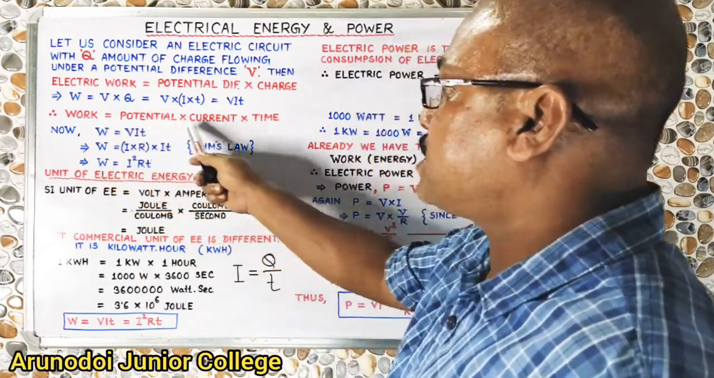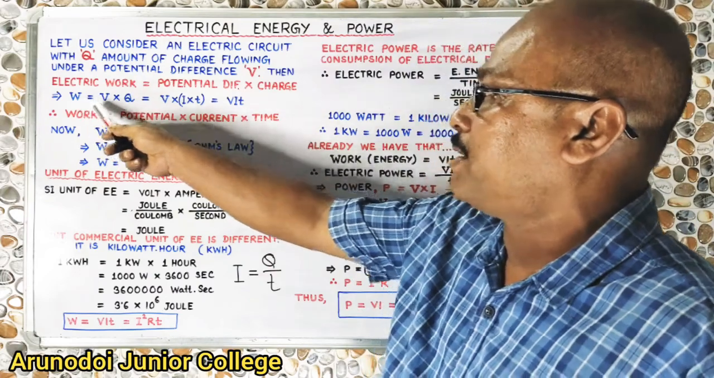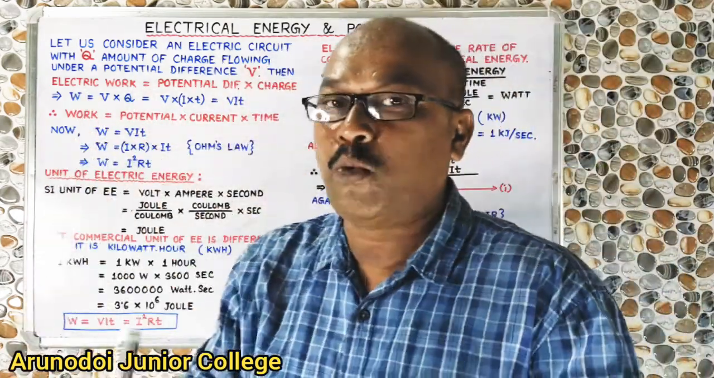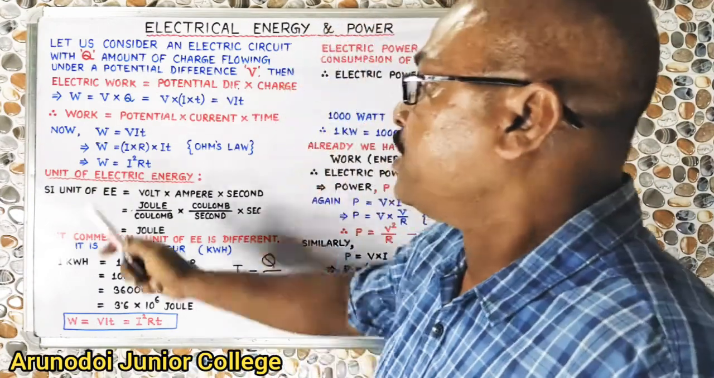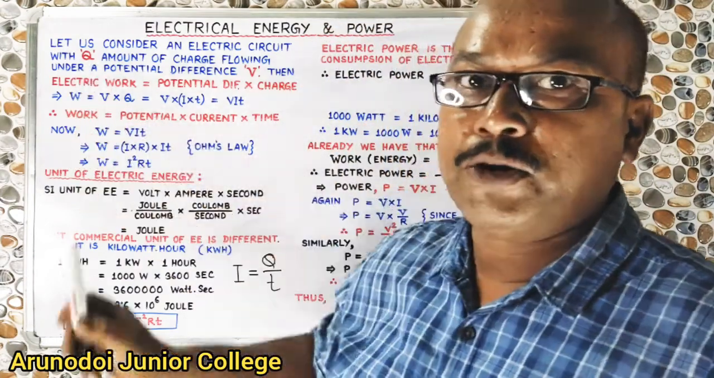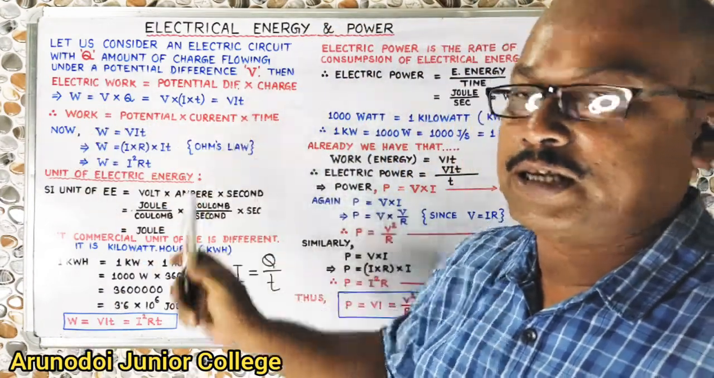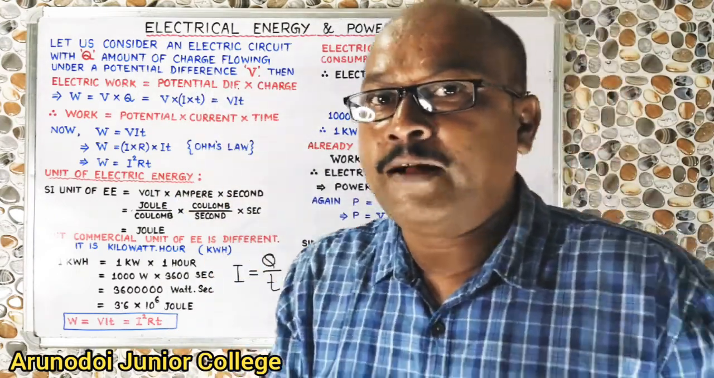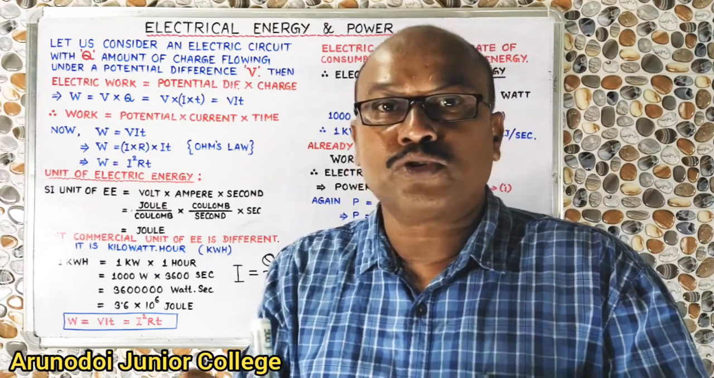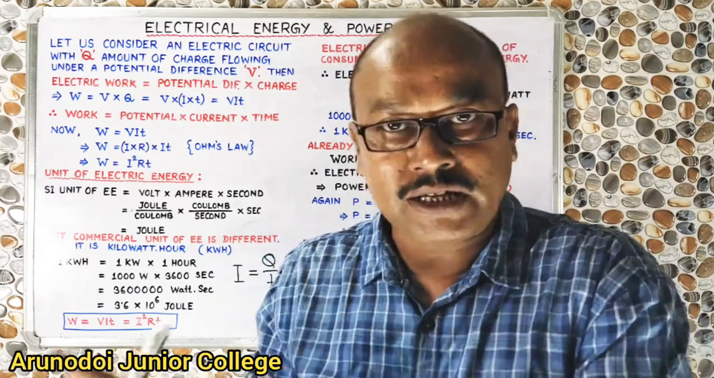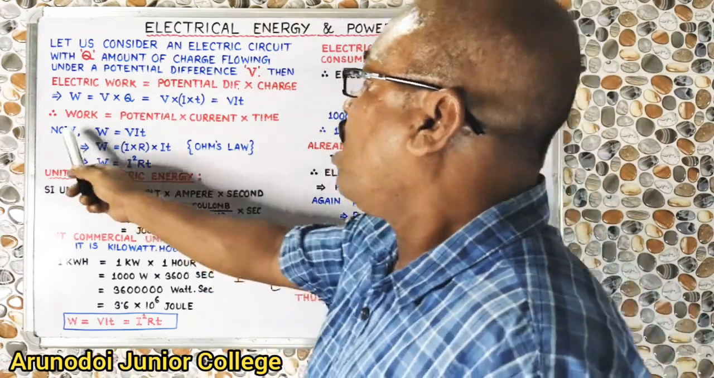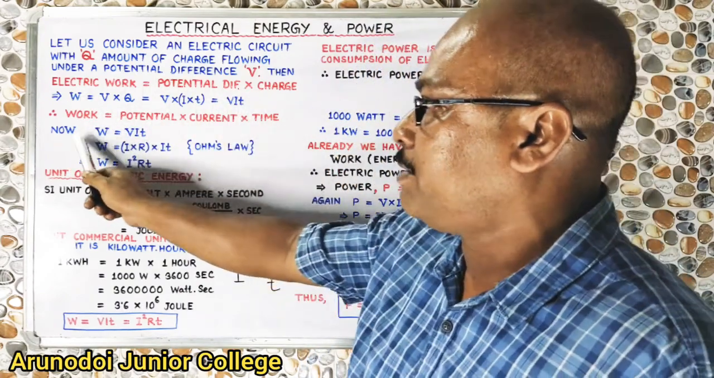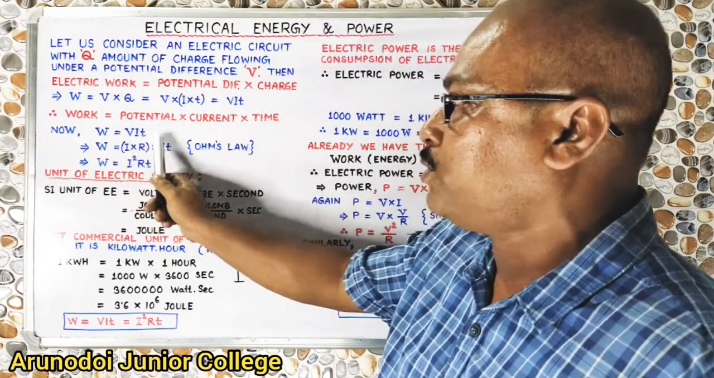So that is the first mathematical representation of how electrical energy or electrical work can be calculated. As you recall, W is equal to V into I into T. This is a very important formula that will be needed to do so many numerical problems in this lesson. Now, since we have got that W is equal to V into I into T,